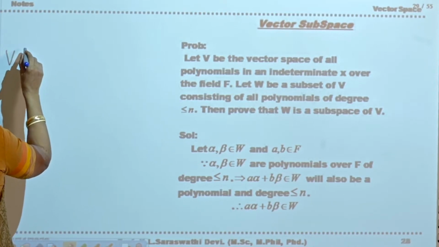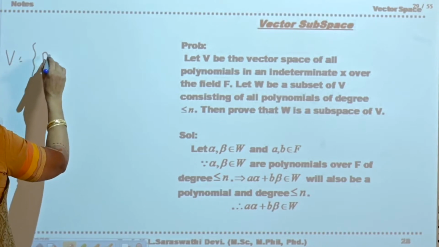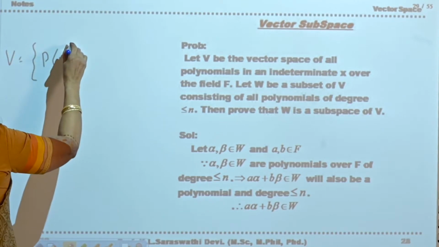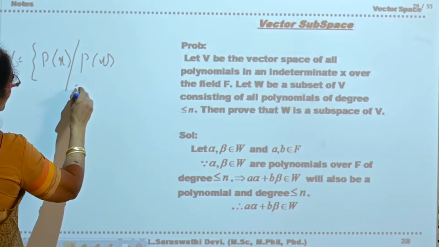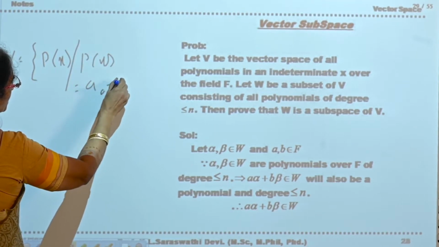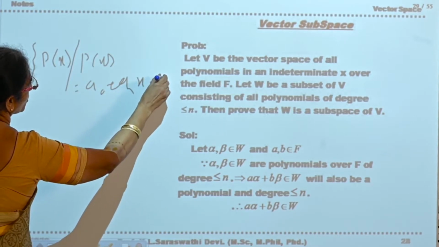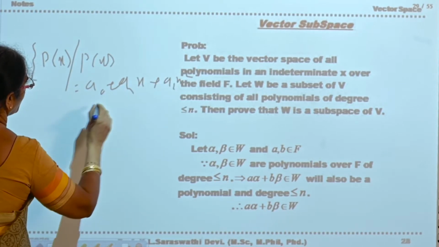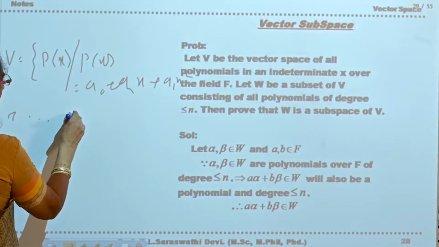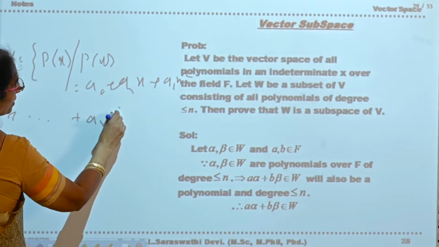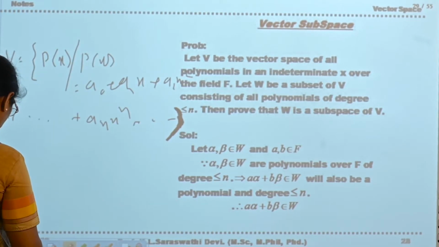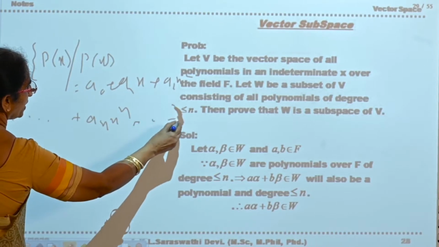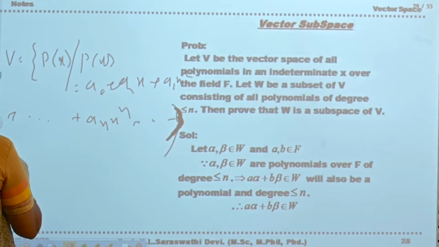V is equal to the set of all P(x) where P(x) is equal to some a0 plus a1x plus a2x square plus so on plus an x power n plus so on. Okay. Now this is V. Now W you have taken. How you are taking W? W is equal to the set of all f(x)